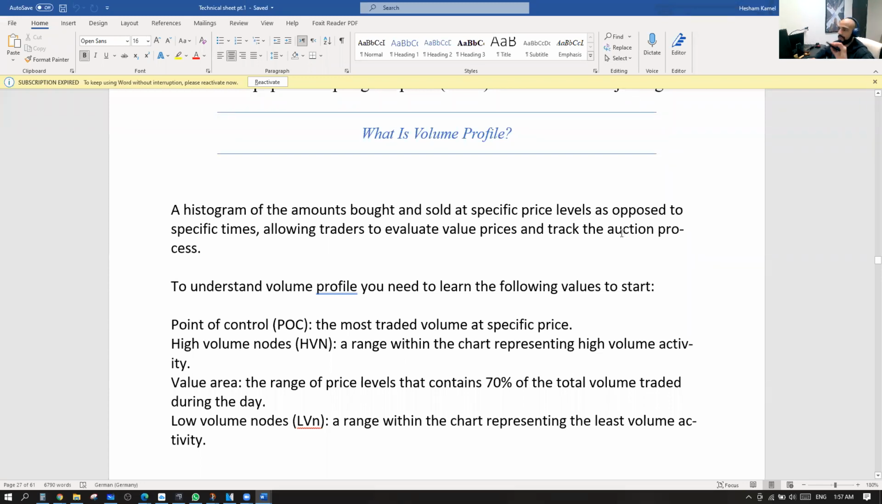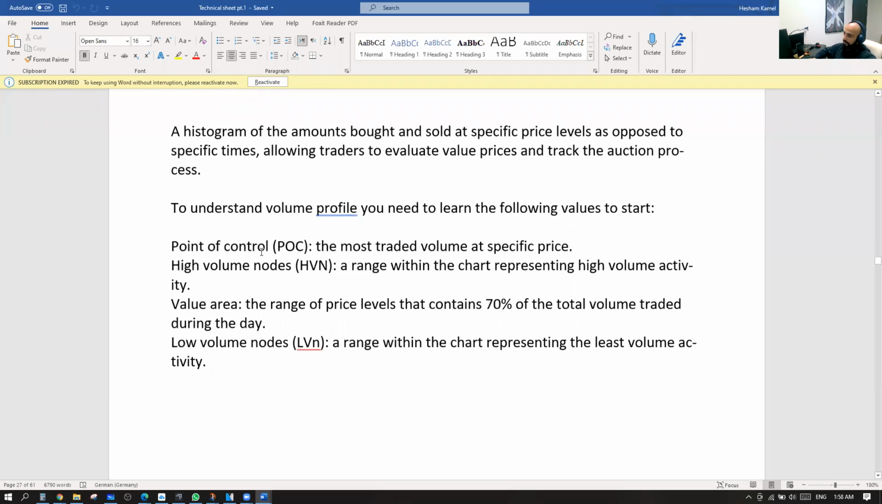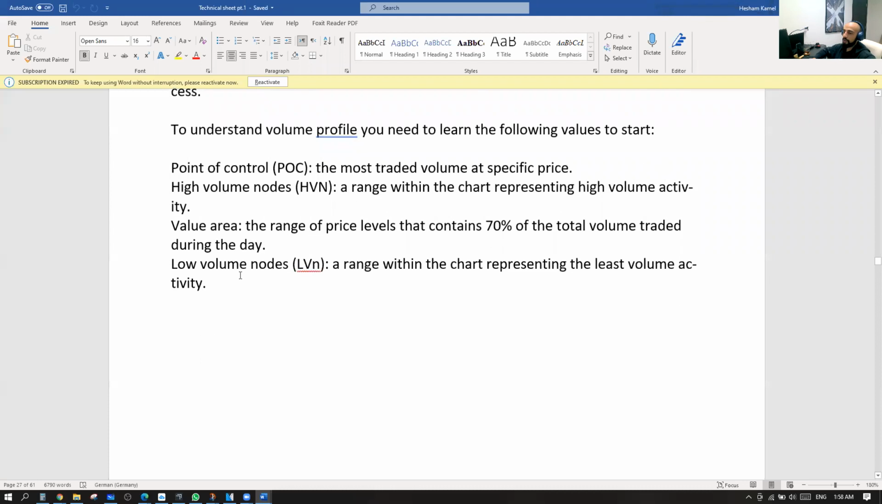So what is the volume profile? The volume profile basically is a histogram of the amounts bought and sold at specific price levels, as opposed to specific times, allowing traders to evaluate and value prices and track the auction process. To understand the volume profile, you need to learn the following values to start: the point of control, the high volume nodes, the low volume nodes, and the value area, which we call the